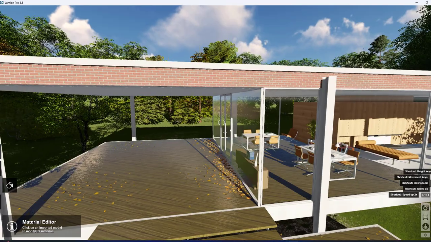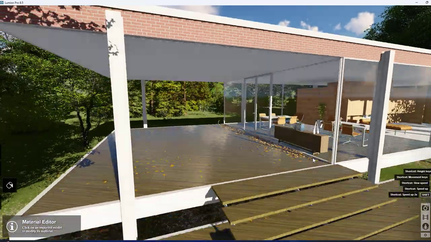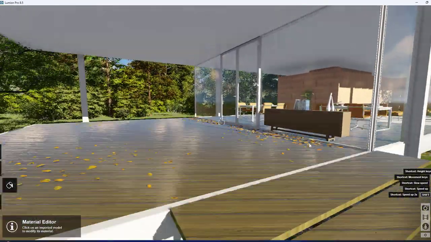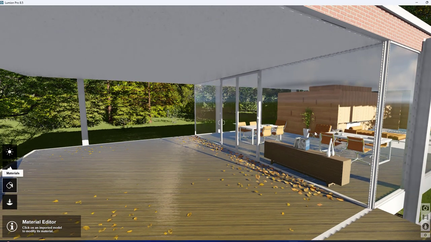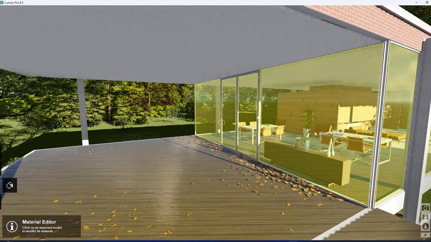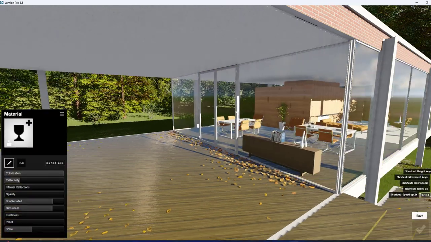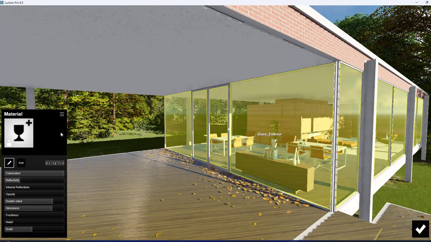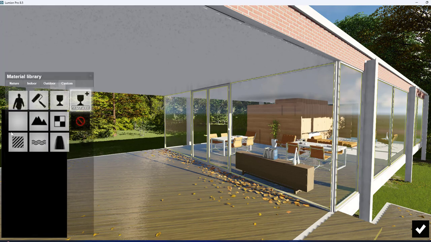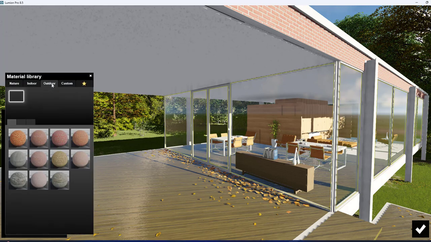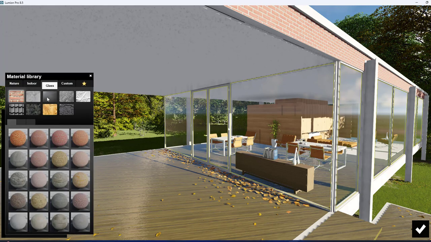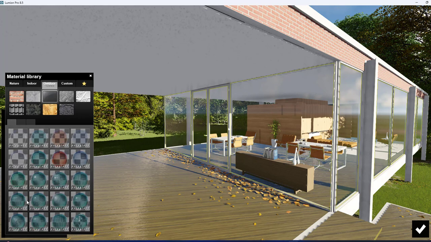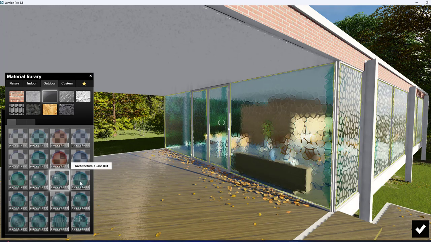Now I just want to change the glass material. For that, again I click on the bucket symbol and then make sure you select the glass. We have very plain glass here. In order to convert this into frosted glass, you just click on the option here and then outdoor and then click on the glass material. We have the preset glass, different types of glass. Click on the wanted type of the glass material like this.